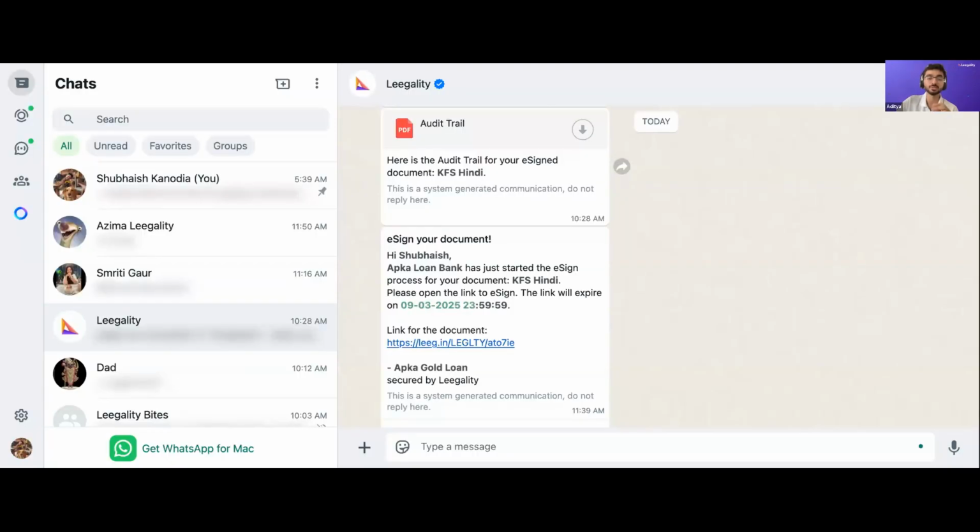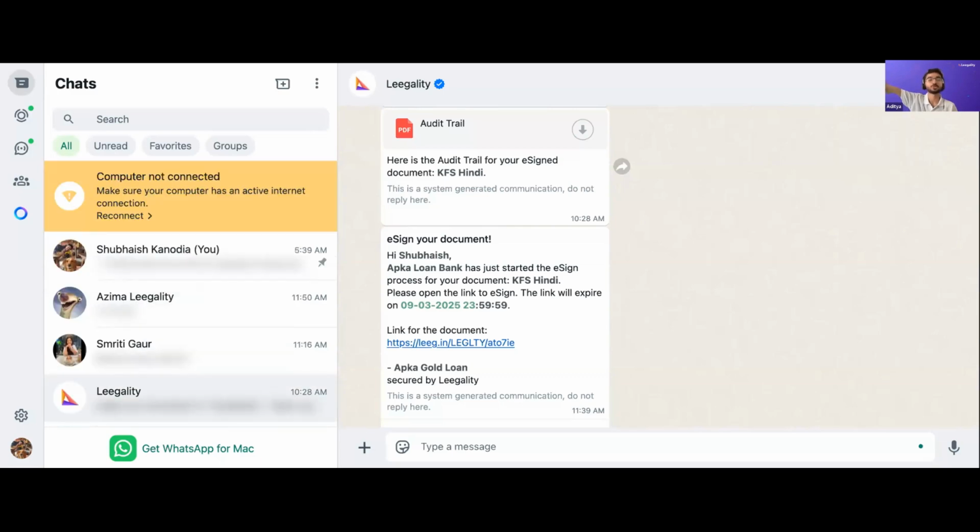So Shubhesh, while you set up your screen, the question is, can the APR be shown in KFS as part of the final docket for e-signing and not on the offer screen where loan amount and EMI is shown along with fees? To be honest, looking at the RBI KFS guidelines, no, you cannot. You can show it as part of the final document, but you also have to show it before, right? Because the RBI KFS rules are quite clear.